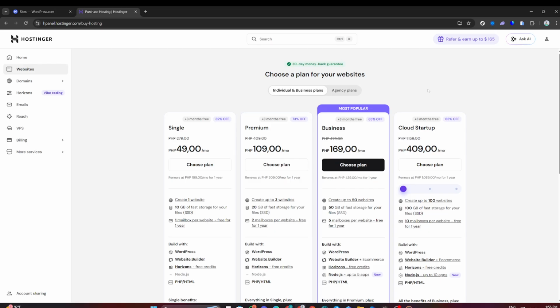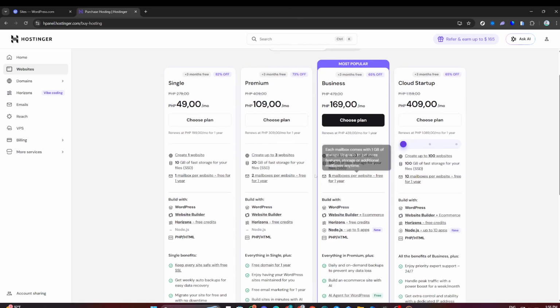This will begin setting up WordPress on your chosen domain. Depending on your internet speed and the server's response time, this process may take a few minutes. After the installation is complete, you will receive a confirmation message indicating that your WordPress site has been successfully set